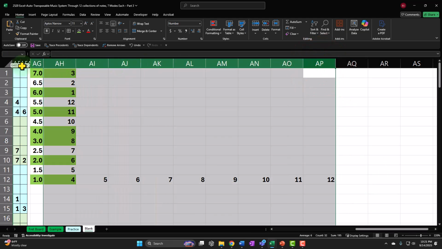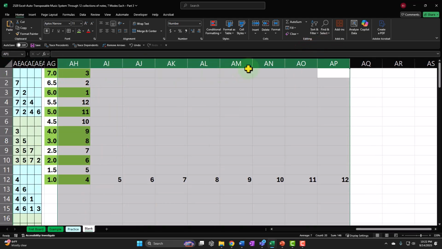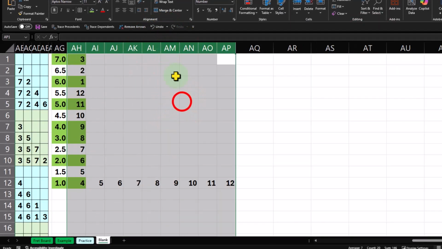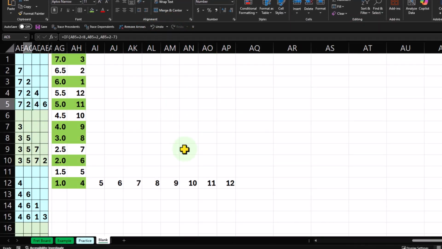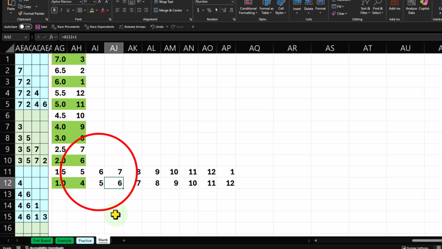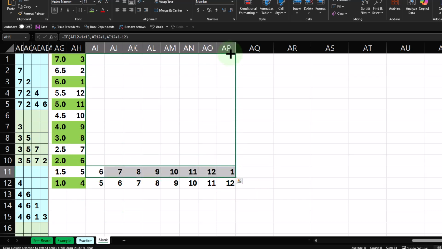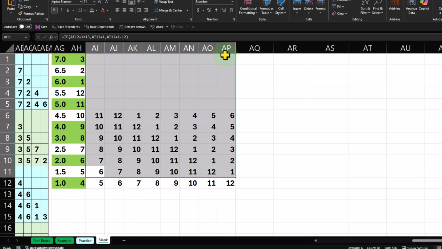Let's go ahead and double click, making this a little smaller. That's too small. All right, and so there we have it. And then I can copy this across this way, and that should be good. And then all of these collection of notes are going to be starting from, like this is starting from a D, right? And then I get the same 12 collections of notes, but just rotating around the different